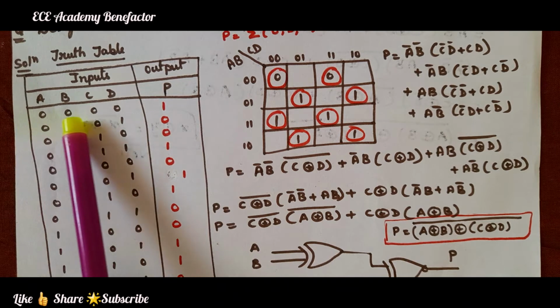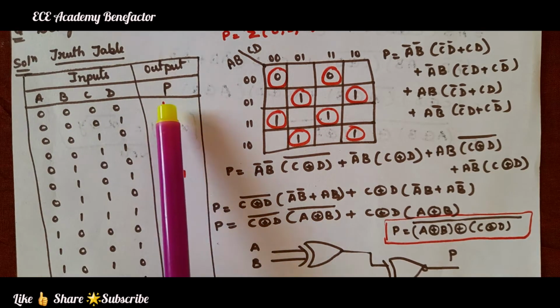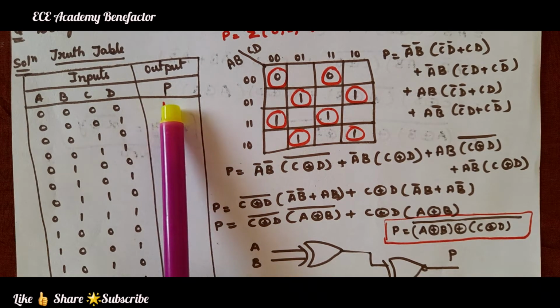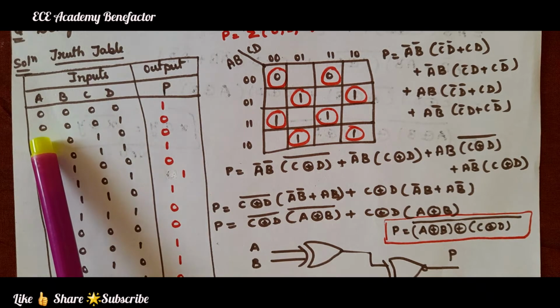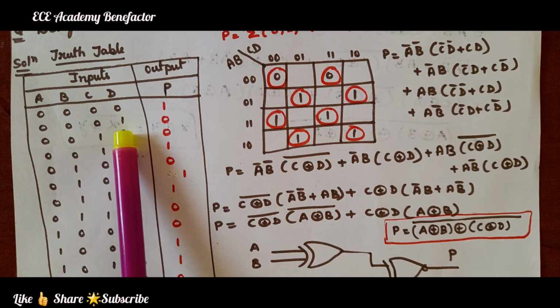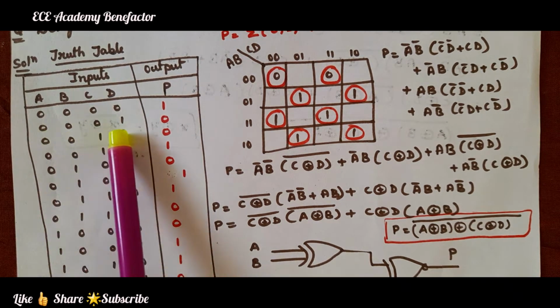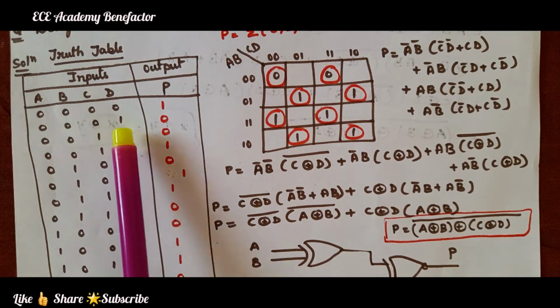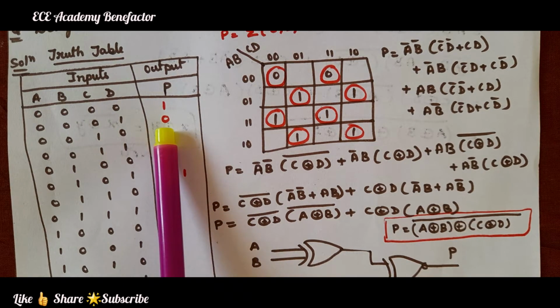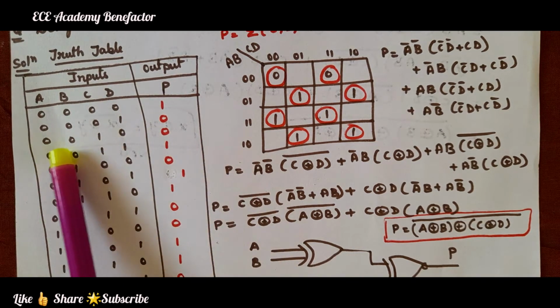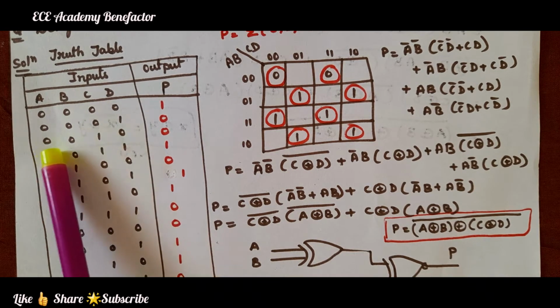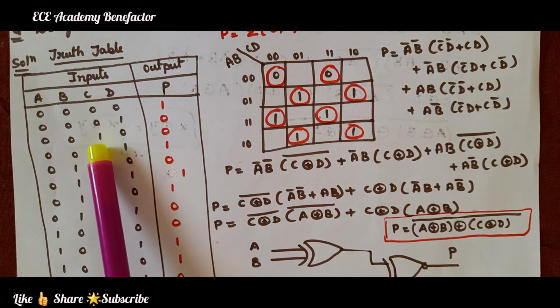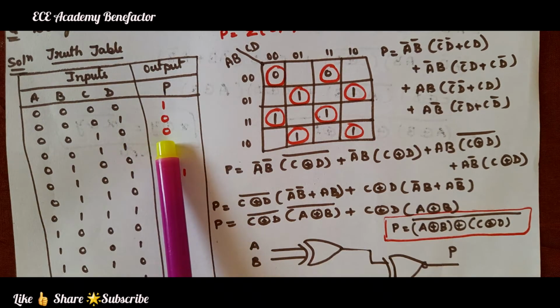So, in this total combination the number of ones is odd because of the parity 1. Here in this combination 00001, the number of ones is odd, only one 1 is present. So, the parity will be set to 0. In the third combination 0010, the number of ones is odd. When it is odd, parity is set to 0.